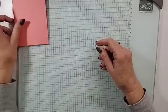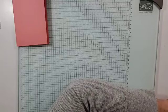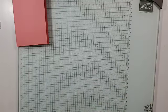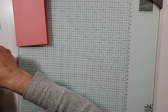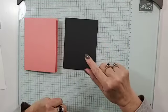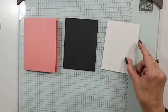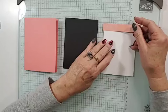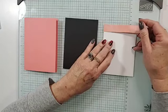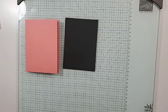Okay. I'm kind of at a loss because I had different words written down for what this card was being made out of. That's what happens when you're creating. We're using a piece of black as our layer. We'll have a piece of white for the inside. And we're going to use a piece of the beautiful Bokeh Designer Series paper strip that'll match the Flirty Flamingo. That's what we're doing there. We're also,